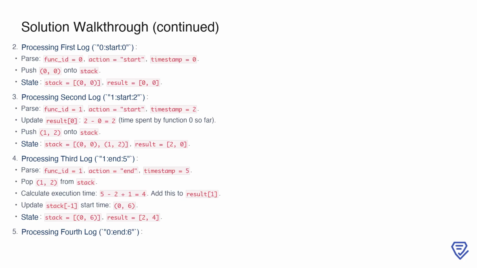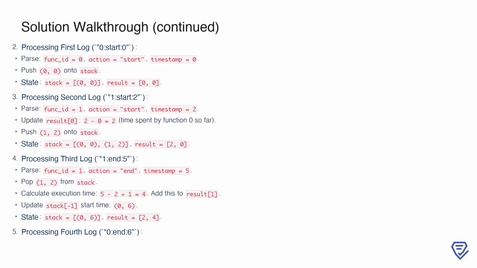Now, we process the fourth log, which marks the end of function 0 at timestamp 6. Parsing the log, we pop (0, 6) from the stack. The execution time for function 0 is calculated as 6 - 6 + 1 = 1, and we add this to result[0]. With this update, result becomes [3, 4]. Since the stack is now empty, we've processed all logs, and the final output for this example is [3, 4]. This demonstrates how nested function calls are handled, with the outer function's exclusive time adjusted based on the inner function's